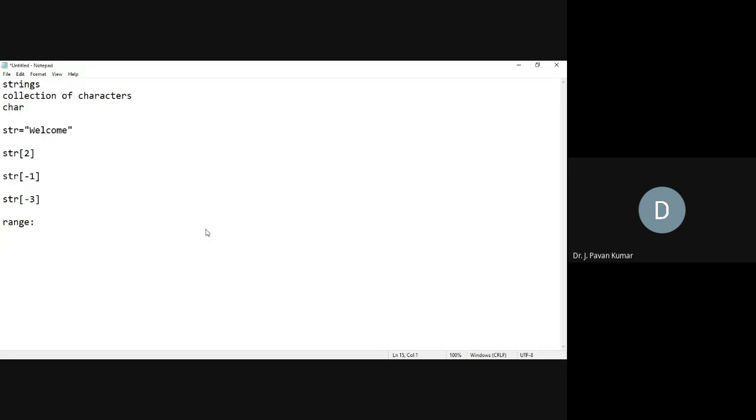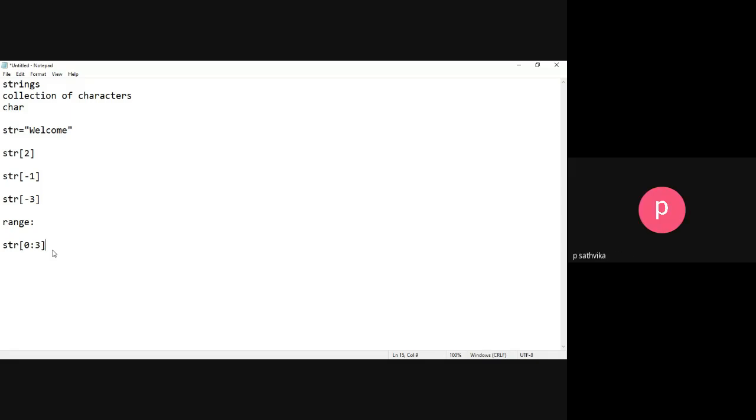Suppose we wanted to display the first 3 characters, then how can we print? str of, that is the string name, then from which index? The first 3 characters means 0, 1, 2, so we have to specify 0 to 3.